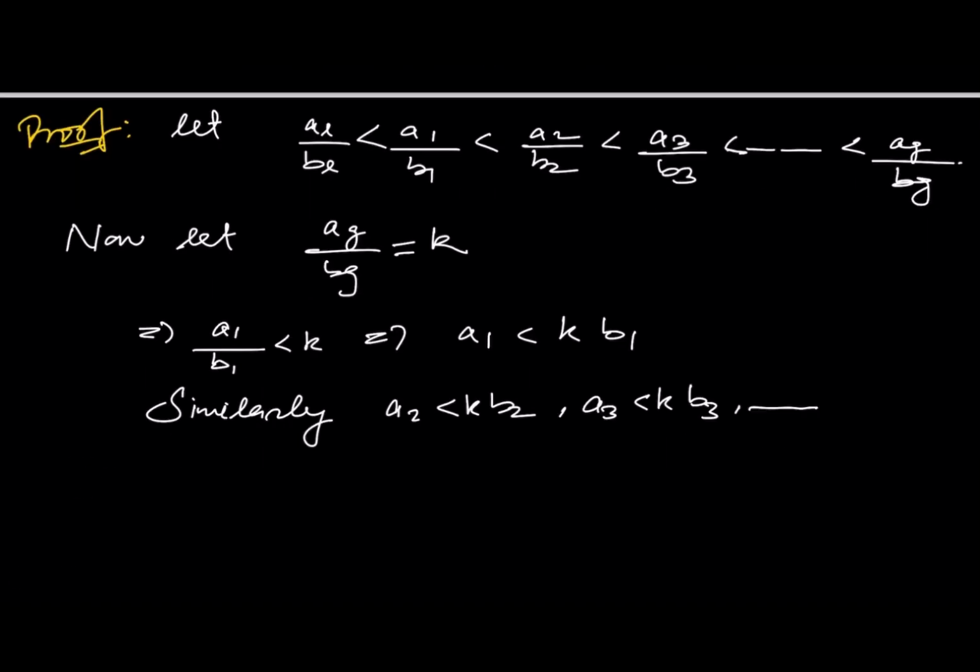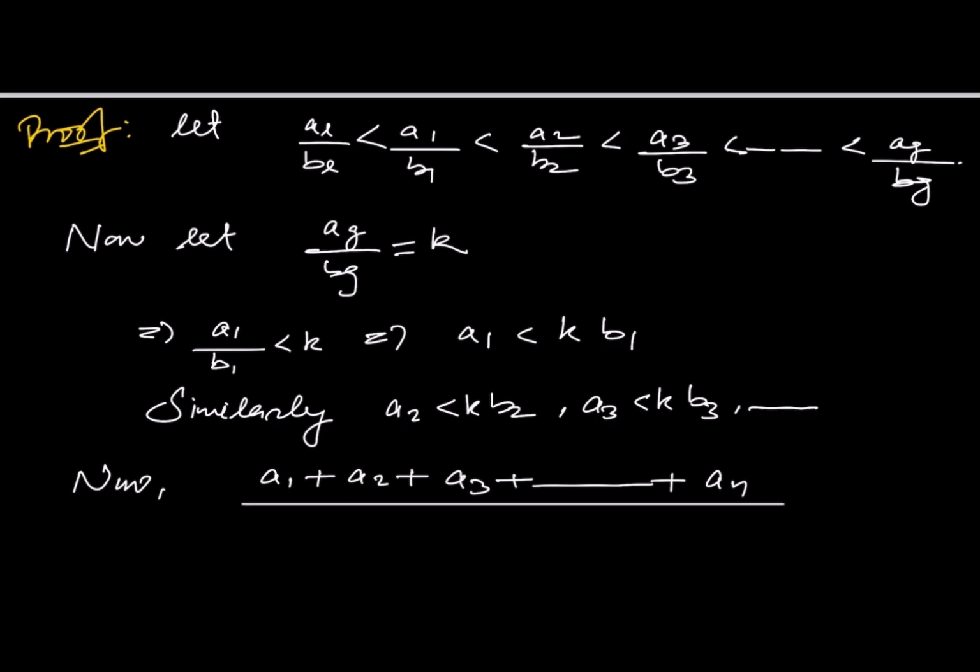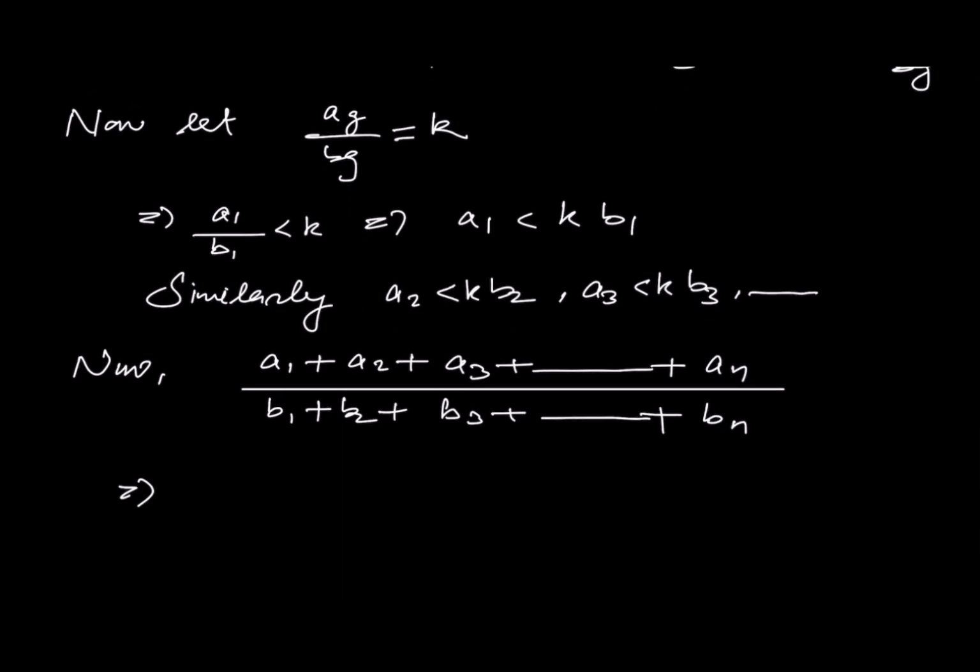Now, consider (a1 + a2 + a3 + ... + an)/(b1 + b2 + b3 + ... + bn). So if a1 is less than kb1, a2 is less than kb2, this implies this whole fraction will be less than